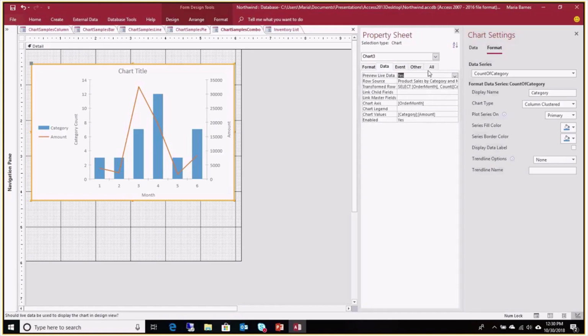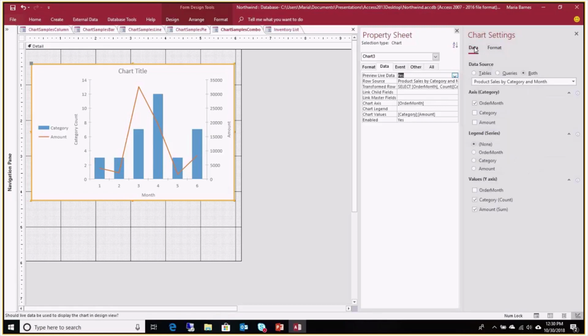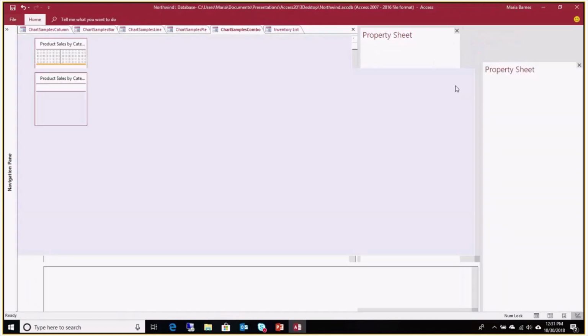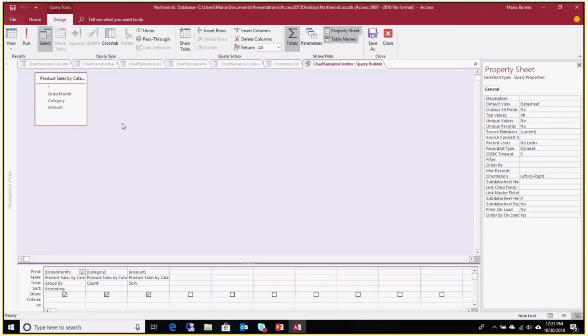And then here we have, again, access to the row source for that. That is also here, in the data. When we have the data source, it's called data source there. You can even see the SQL, and this is true of all the new chart types. You can see the SQL of the transformation, because it really takes this query and then transforms it